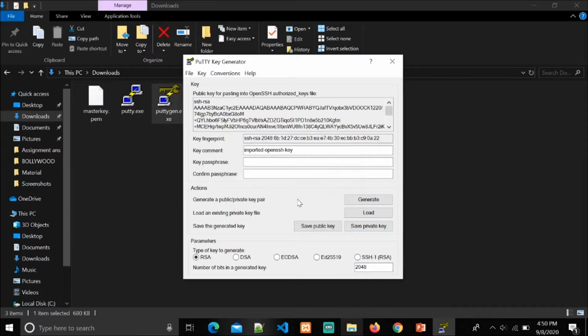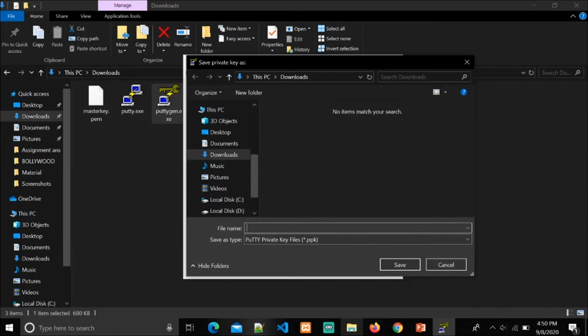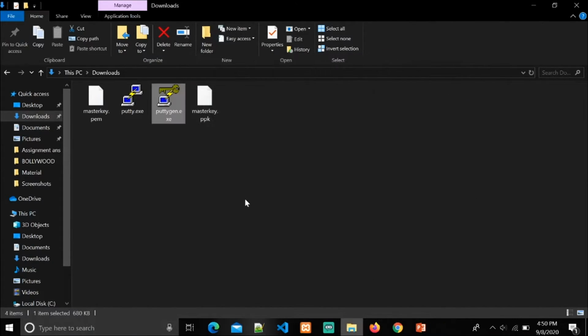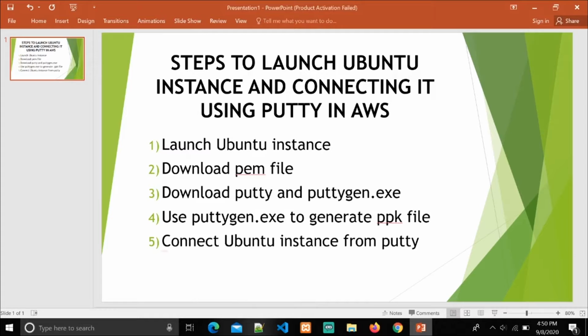Just click yes and write here any name, master key, save. Now master key.ppk is created. So our fourth step to generate ppk file is completed.